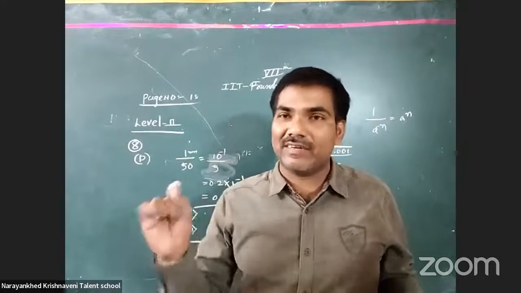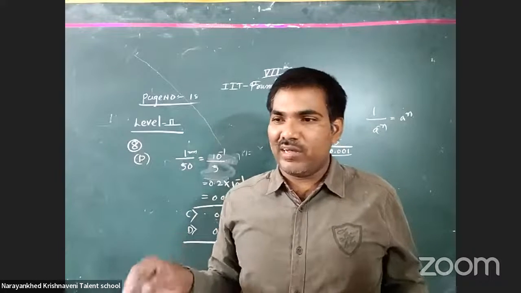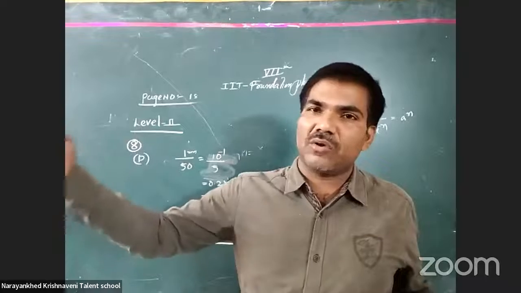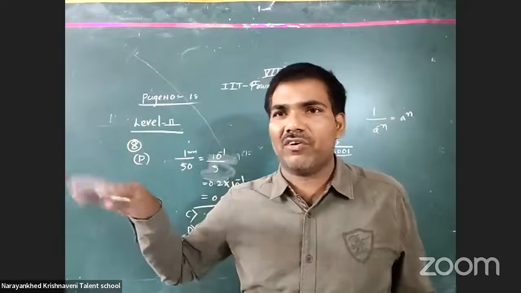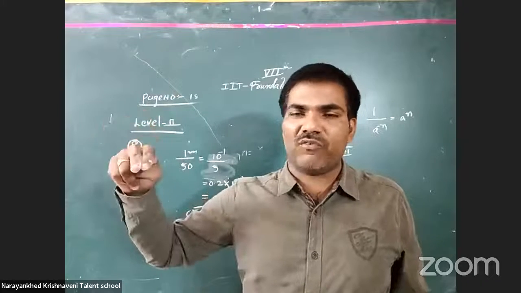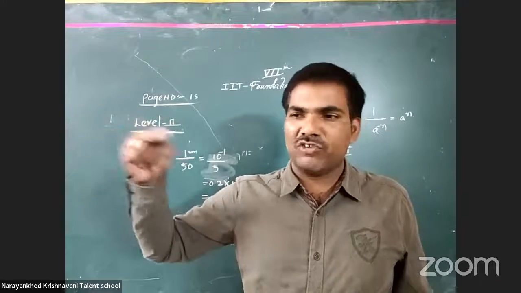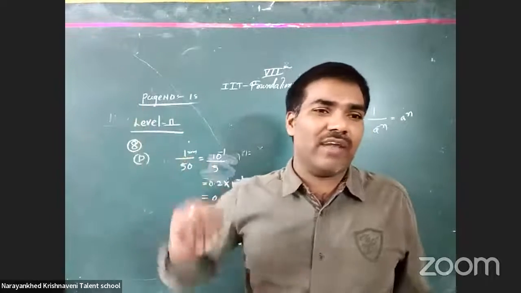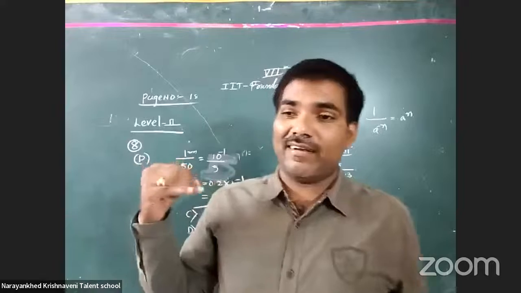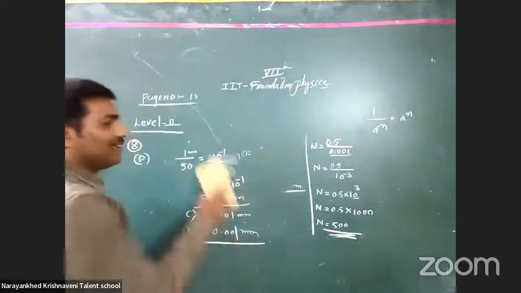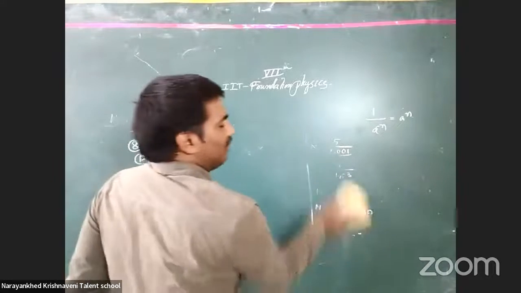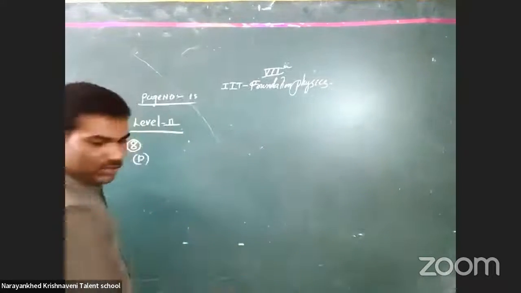Okay, already yesterday we discussed this concept. Now, what zero error means, you know very well. Positive zero error or negative zero error, we know very well. Because when zero is below the axis line, that is positive zero error. When it is above the axis line, it is negative zero error. Got it or not? Yesterday I discussed which values coincide when it is below, and which values coincide when it is above.